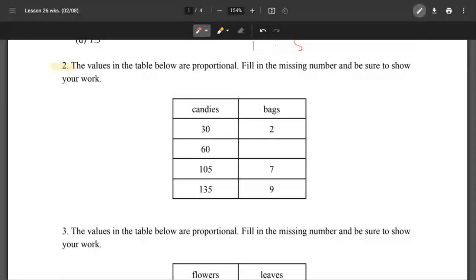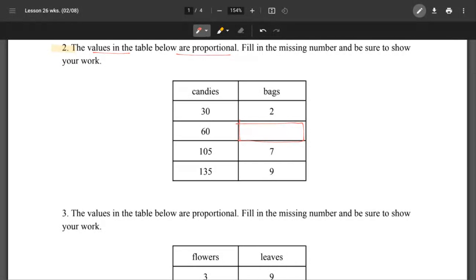Okay, let's look at number 2. The values in the table below are proportional. Fill in the missing number. Okay, so we are looking for this missing number right here. And we are given the information that all the values in the table are proportional, right? So it's kind of obvious that 2 times 15 is 30, and then 7 times 15 is 105. 9 times 15 equals